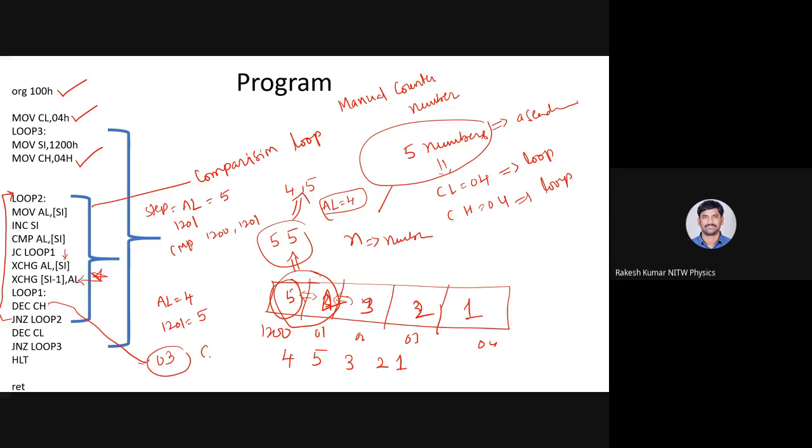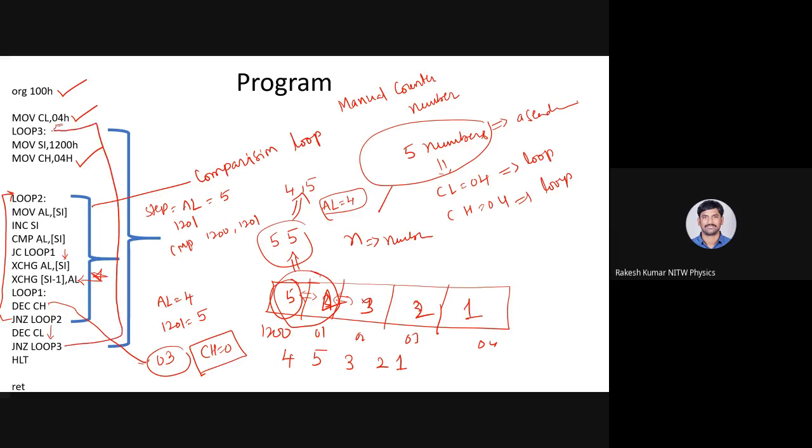Agree, all of you? Yes, sir. Till CH becomes 0, this entire loop will execute. The moment CH becomes 0, it will execute the decrement CL. That means this CL value will be decreased. Once this CL is decreased, it checks whether CL is 0 or not. If it is not 0, it will jump from